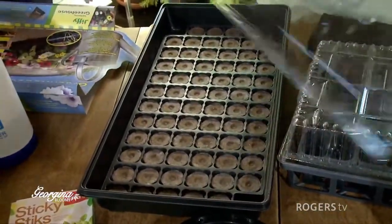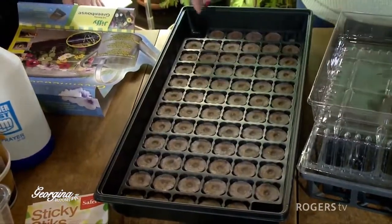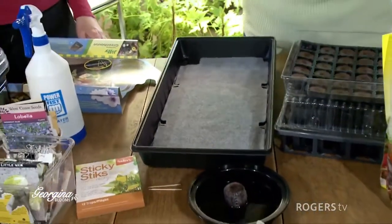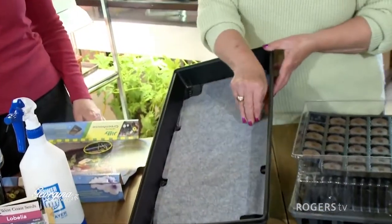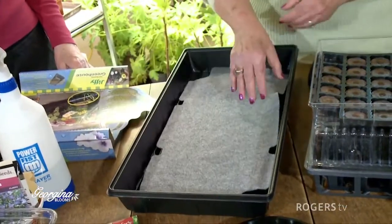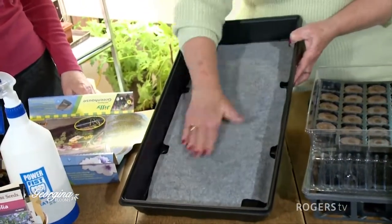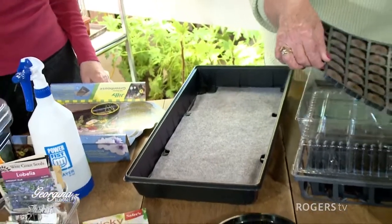So this is what you get, and this is the dome. These are the pucks, and underneath is a felt mat, and you put the water in here. The felt mat touches these sides. It gets really, really wet, and when this is on top,